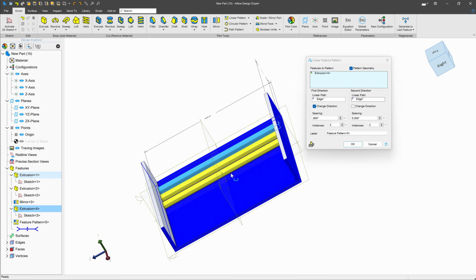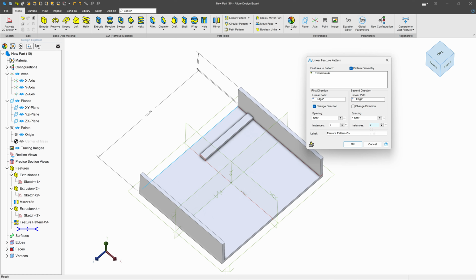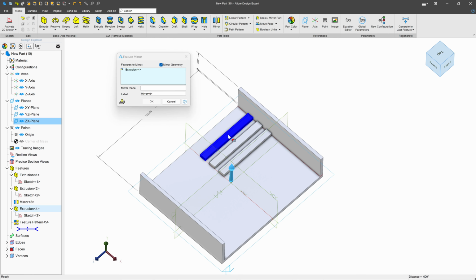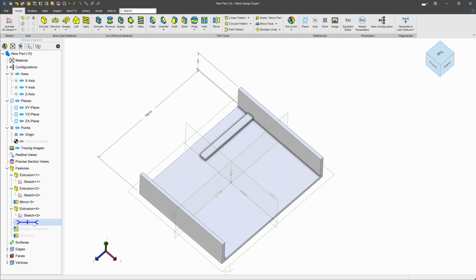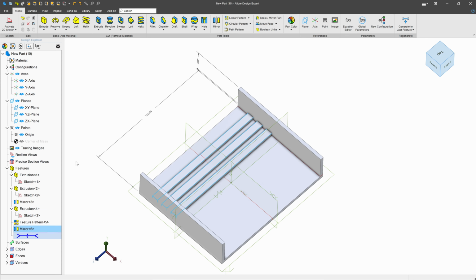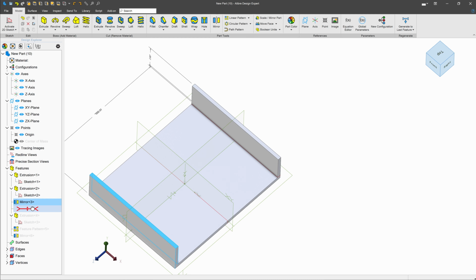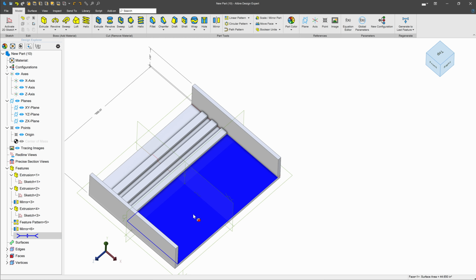I can make these full ribs. But what I'll do instead is change my instances back down to 1. And instead I can choose to mirror, which I think has better design intent, across this plane. So I've got a pattern and then a mirror. And of course, at any time I can roll back my tree to view previous states or to review how the part was made. I also can sketch on this face,